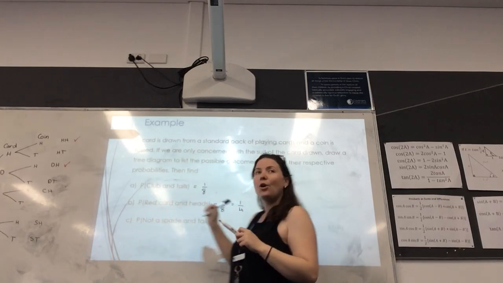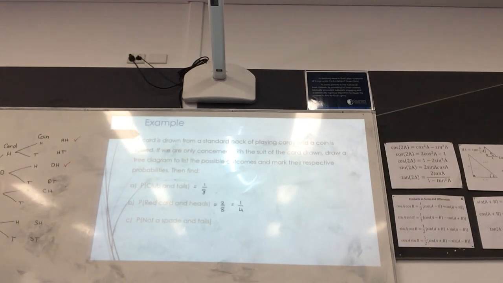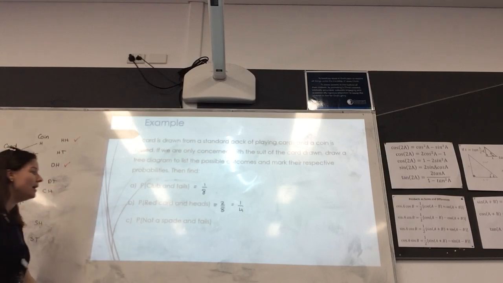Now, does anyone know when we have 2 branches, so if we had the numbers on there, if we were multiplying along 1/4 times 1/2 and 1/4 times 1/2, how we join the 2 branches together? Does anyone remember that from last year? Yeah, you add them together, okay? So that would be 1/8 plus another 1/8, which is our 2/8. We don't need to do it here, but we'll move on to that later, okay?